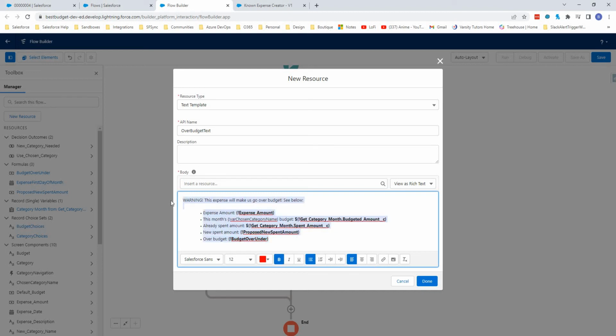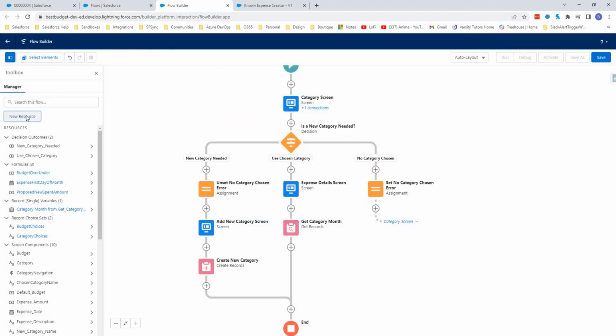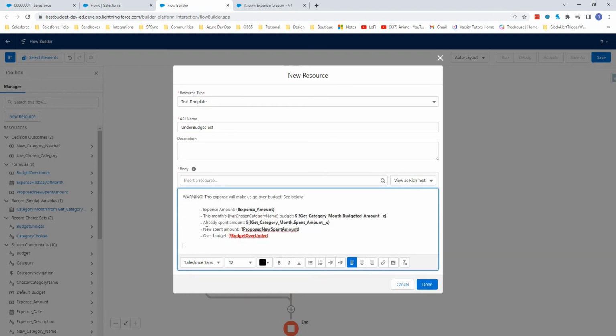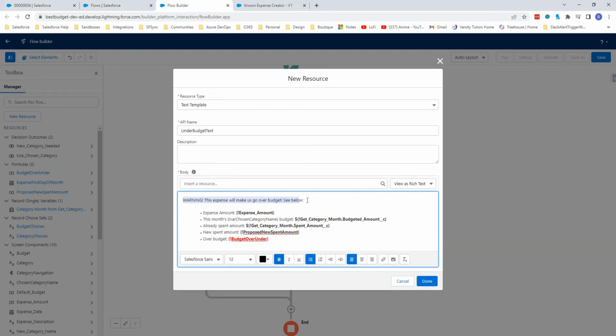All right. So now we're gonna copy this because we're gonna use this as sort of a template for our other text template. So a template for a template. We'll click done. Make sure you have that in copy. Do a new resource, and that text template is going to be called our under budget text. And this is our happy path, making sure that we have enough budget. So we're going to edit this a little bit. Instead of saying warning, this will make us go over budget, we're going to say, great, it's within our budget. And then we're going to say, see the details below